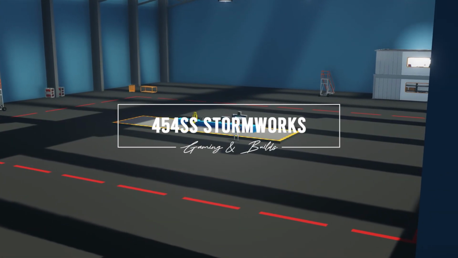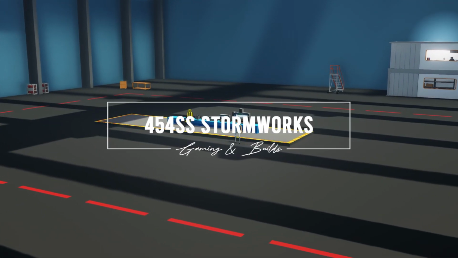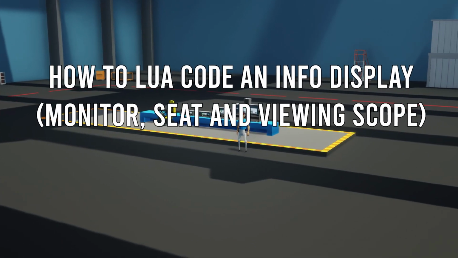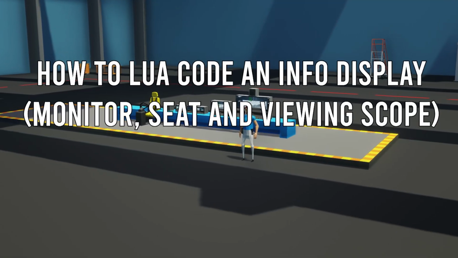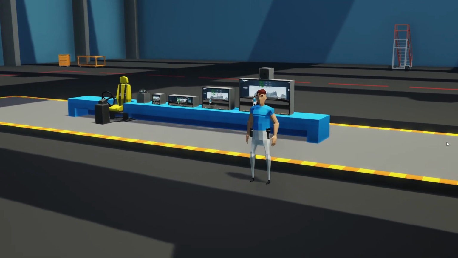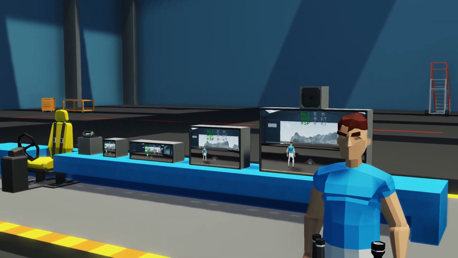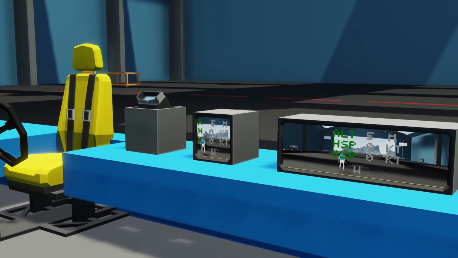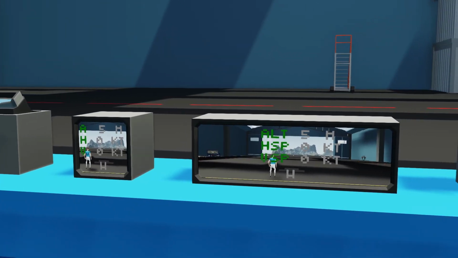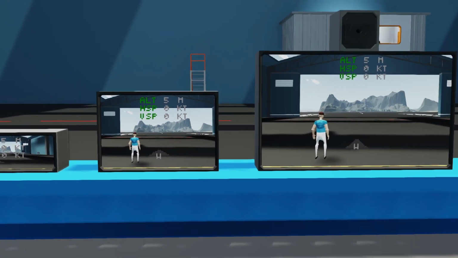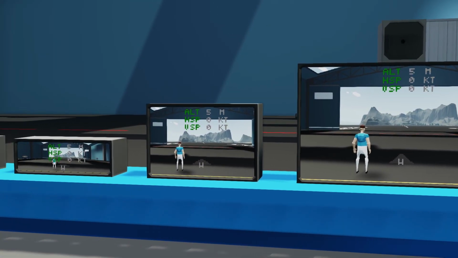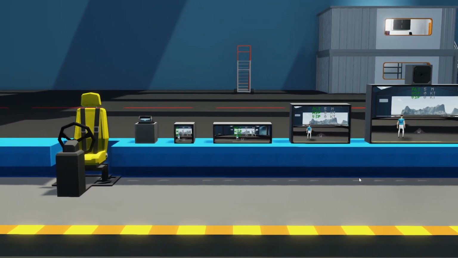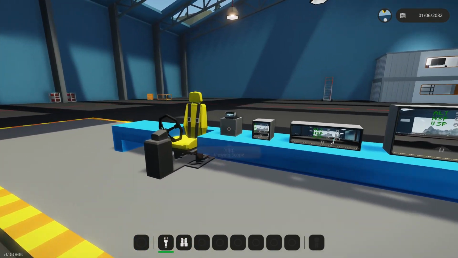Hello everyone and welcome to this advanced tutorial where we're going to be talking about displays, specifically programming the LUA code to end up with information showing up on our displays. So you can see here behind me, all of these displays feature the altitude, horizontal and vertical speed, and a compass heading. Now, they're all different sizes, so you could say this is a universal application, and even if you